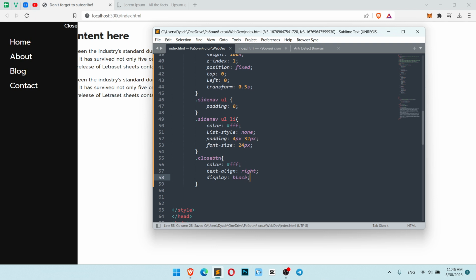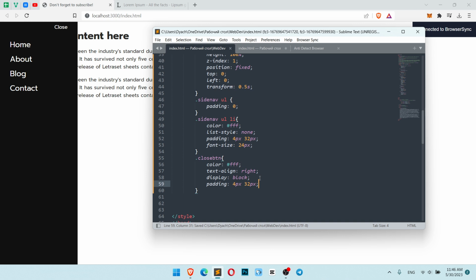So let's add the same padding as here for our close button, so it looks the same padding space here and here. Great, so we have it, but I don't like the space above, so let's make it like this. Bottom and right will be